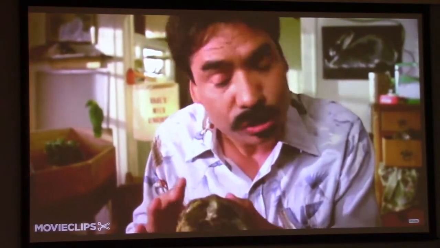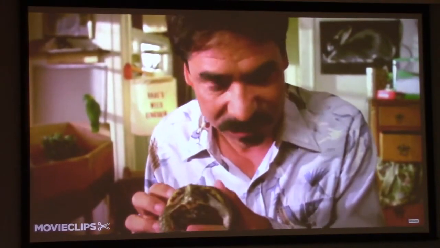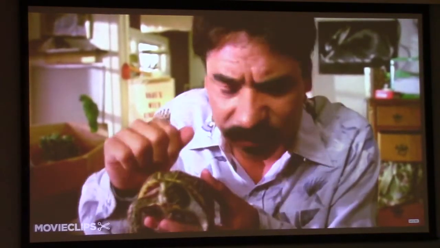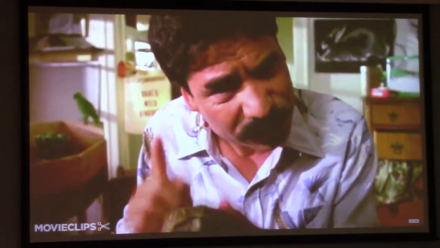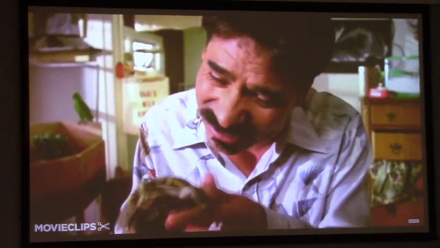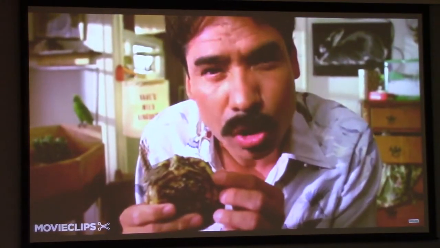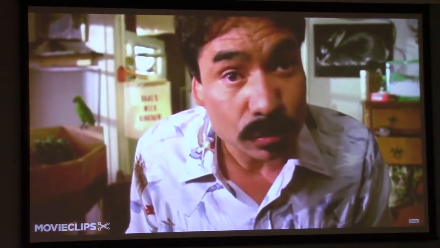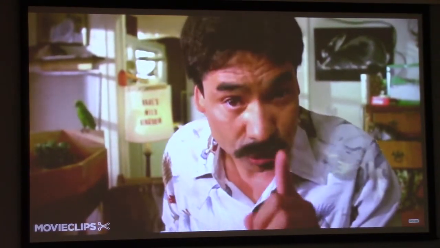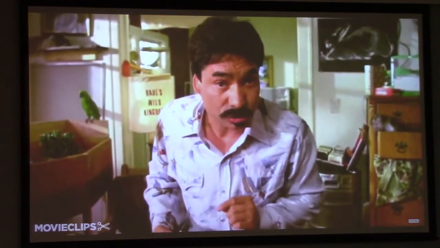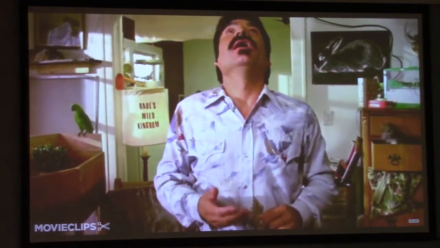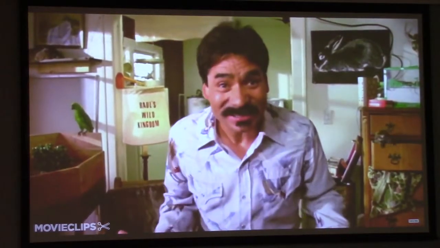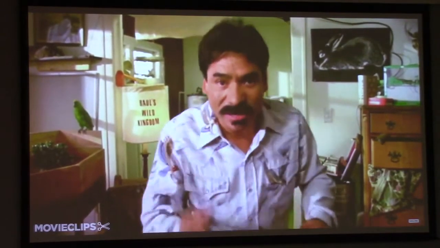Okay, so the turtle is a member of the reptile family, and he's got this hard protective shell, which keeps predators away, also provides him with his own home when he sleeps. Oh, and he's got this tiny, teeny little leg, which makes it move real slow. And not many people know this, but the turtle is also nature's suction cup. Watch this. Do you see that? It stinks! Oh yeah, what else I got for you?